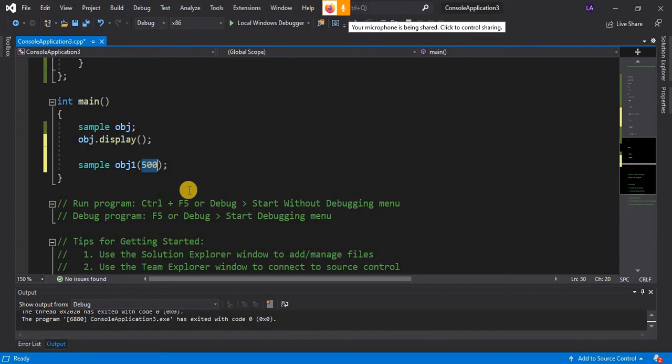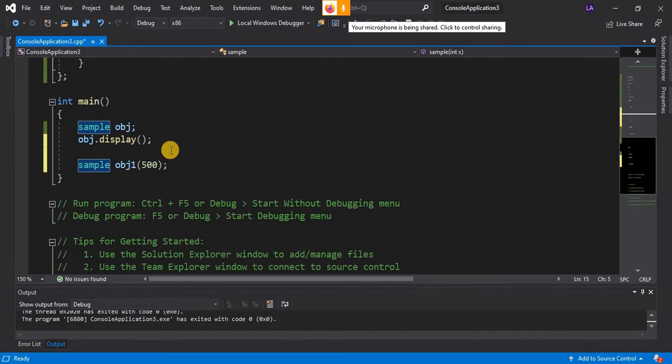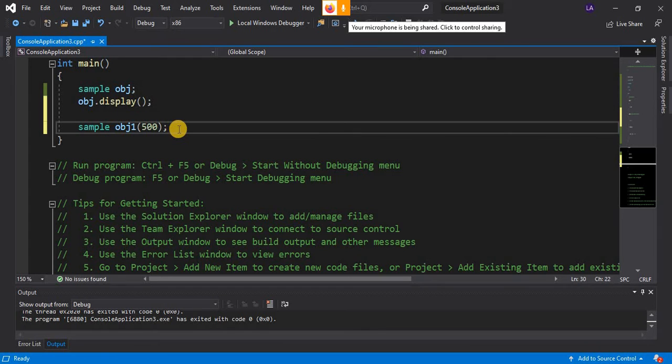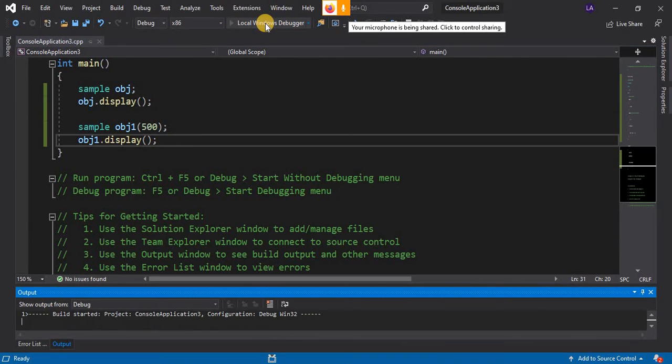Since here we are passing one argument of type integer, it will search for a constructor that accepts an argument of type integer, and that constructor will be called. Let us again display it, obj1.display, and we run the program.